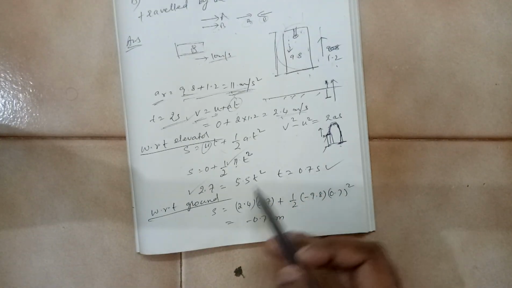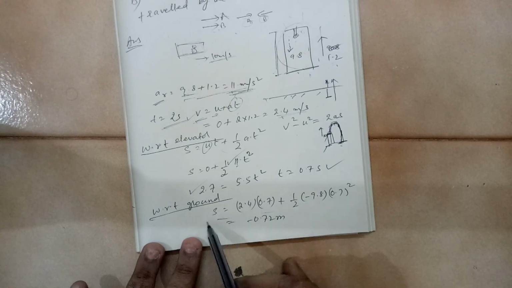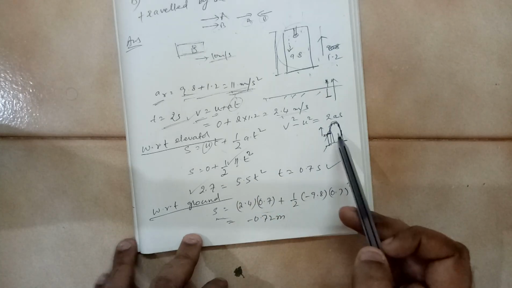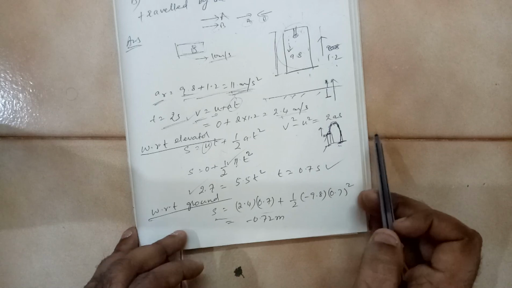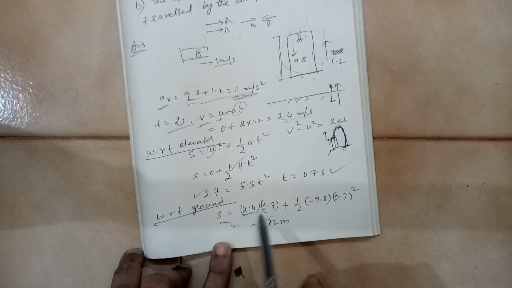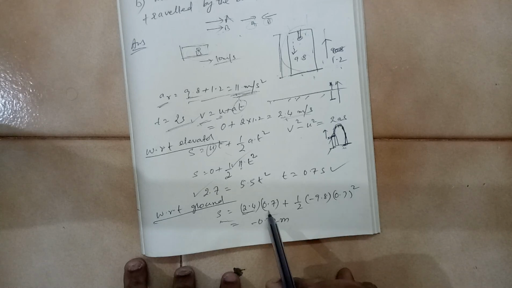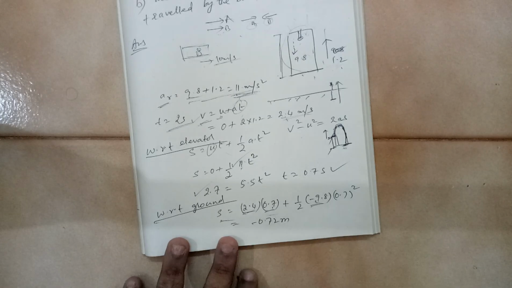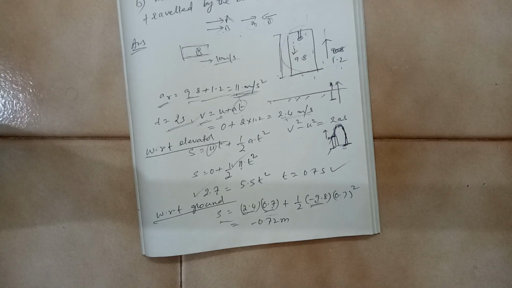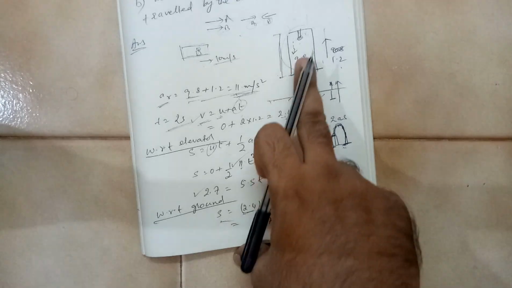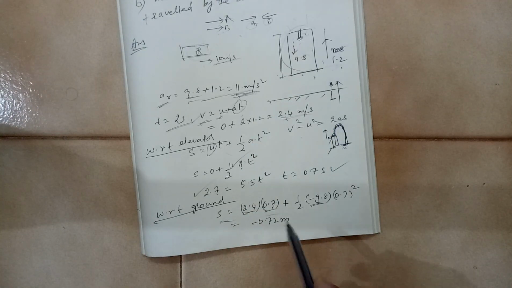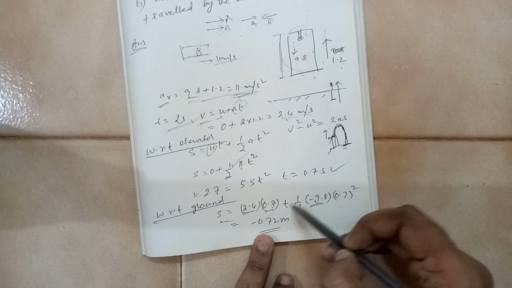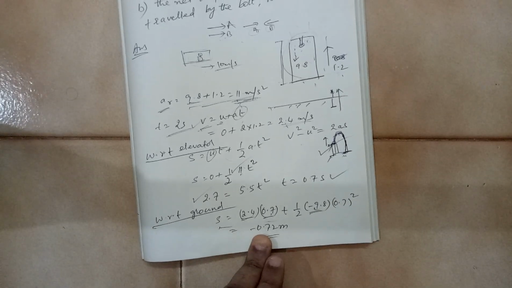So here, with respect to the ground, we have to use again the same equation, s is equal to ut plus half at square. But with respect to the ground, the lift is now going with a speed of 2.4 meter per second after the end of 2 seconds. So the u speed will be 2.4. So t is 0.7, and what is acceleration now? Acceleration will be equal to minus g. Once you have released, with respect to the ground, the bolt is falling with a g acceleration. You get minus 0.72 meters. That is, the displacement is in the downward direction. You can compare this with the situation we have discussed in the tower problem.